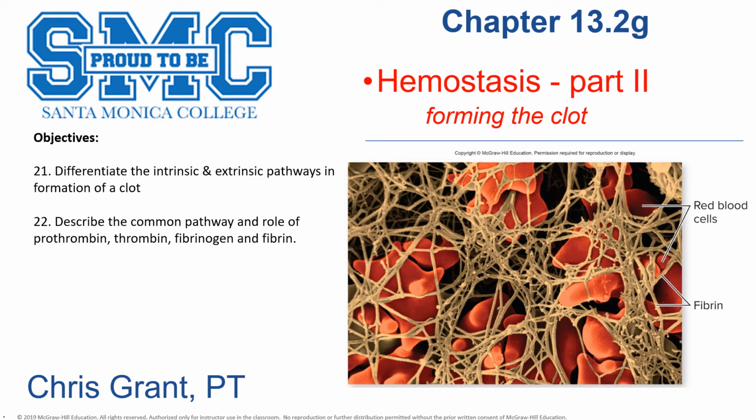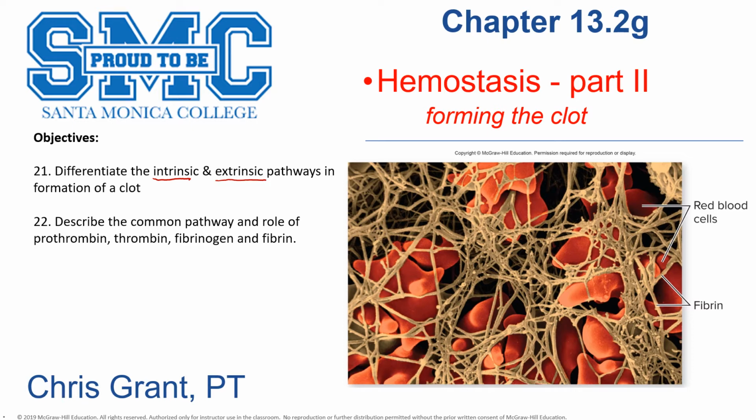All right, in this section, we're going to conclude our discussion on hemostasis by actually forming the clot. We already got the platelet plug done, and now we're going to bring in the fibrinogen to form the clot. So we're going to have you differentiate two different pathways to get there. There's an intrinsic pathway and an extrinsic pathway, and they're going to come together to form a common pathway,